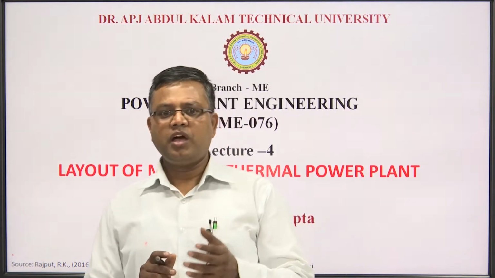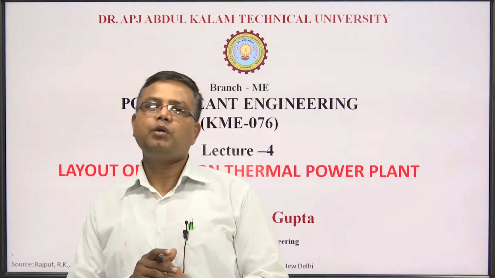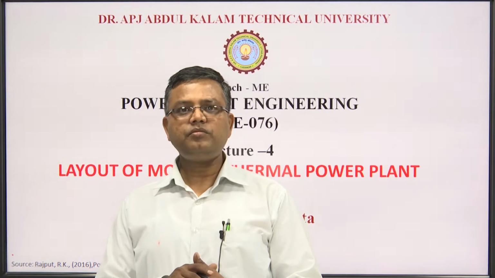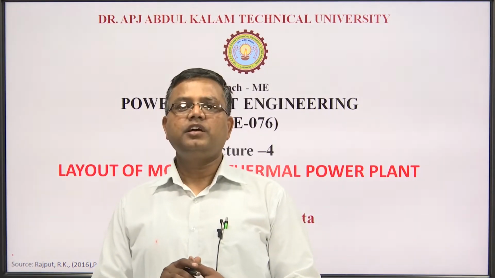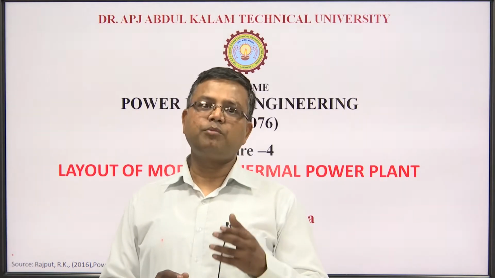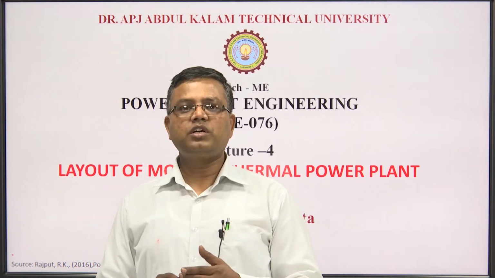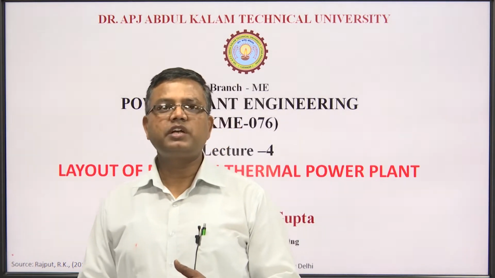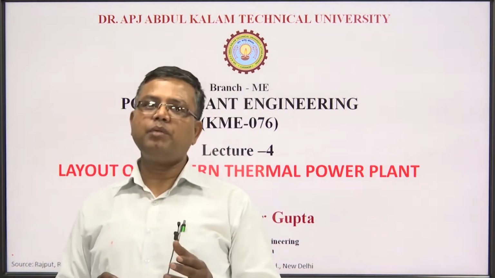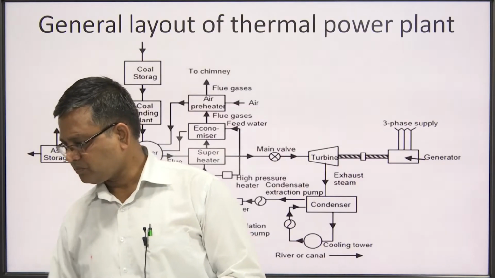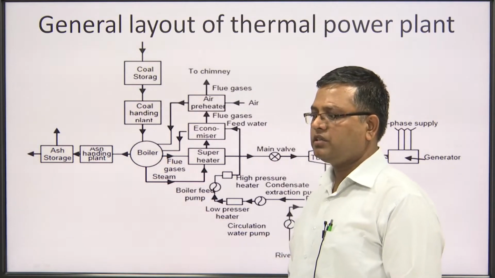energy, that is, heat. Now, initially I told you hydroelectric power plant came into existence. After that the technology developed and we started to generate electricity with the help of coal. Because there was no other technology, the technology in which we generate electricity with the help of coal is named thermal power plant, right. So, you can say this is the layout of thermal power plant.